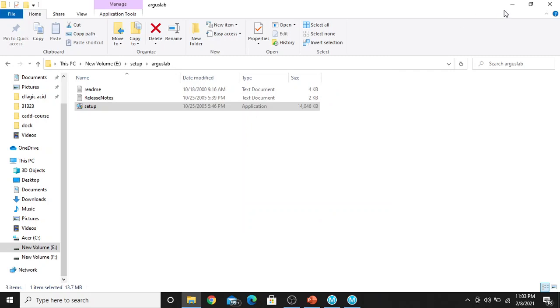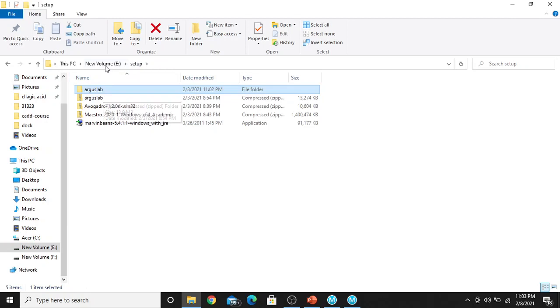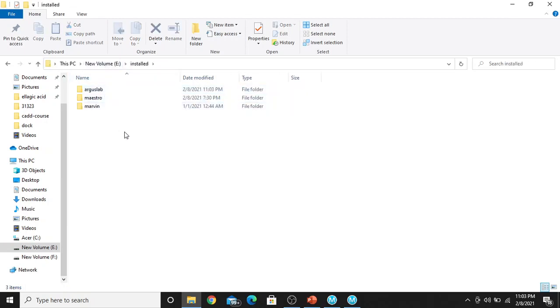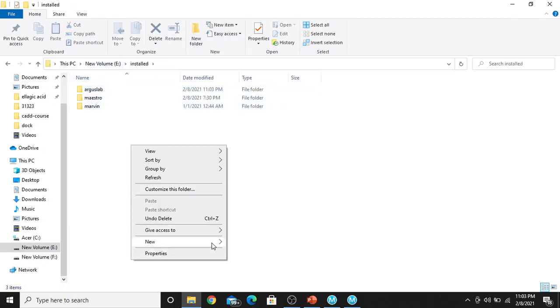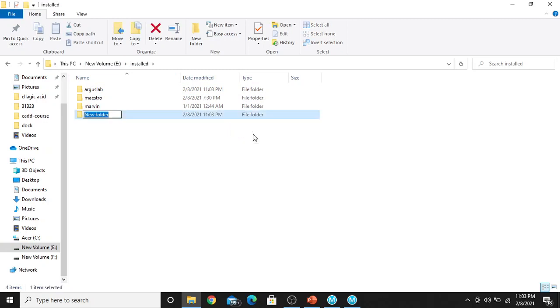Now in this way, create folders for Maestro and Avogadro in the installed folder. Then do these steps for Maestro and Avogadro: unzip it, then install it and browse to the corresponding folders.